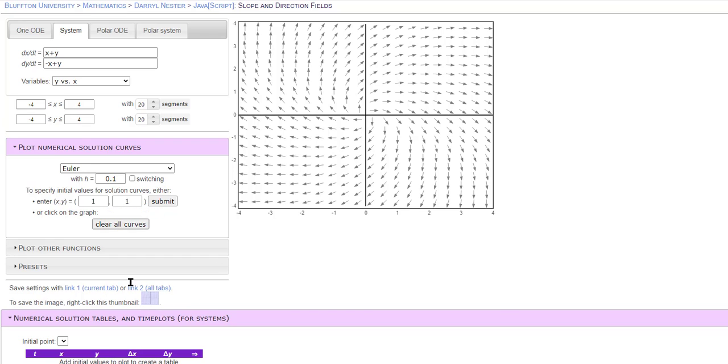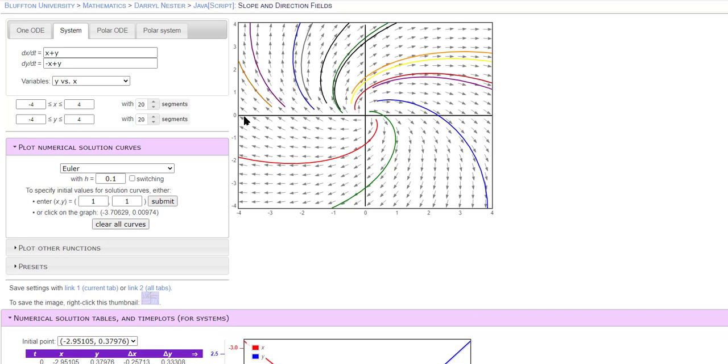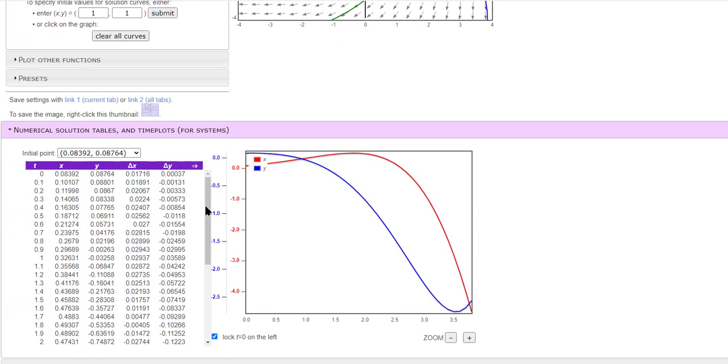Okay, or you can call this origin a spiral source. And if you look at all the solutions here, you can see they just spiral out, and they're going to go much beyond negative 4 to 4, because of the way e to the t is going to behave. And here are the x, and below you can see the graphs of x(t) and y(t), how those values